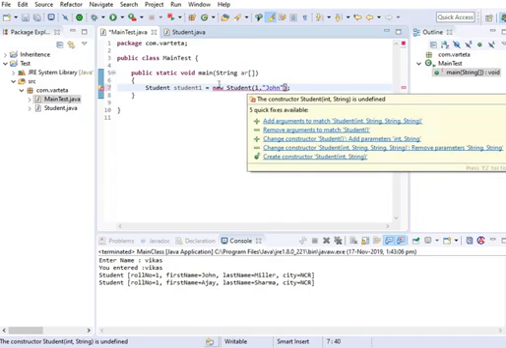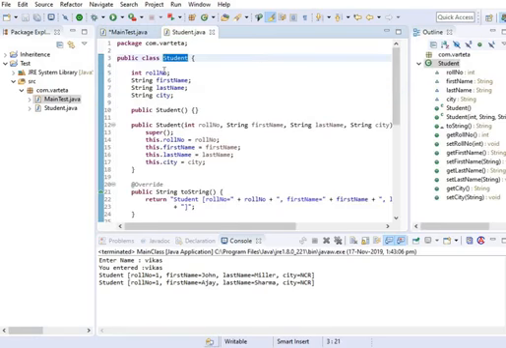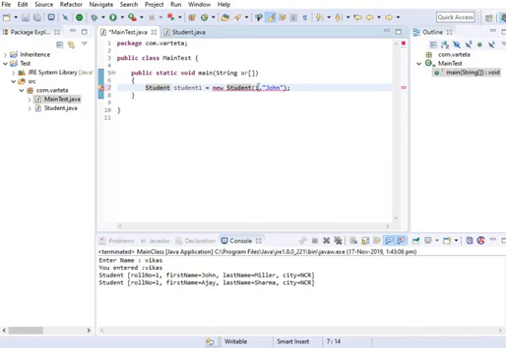First parameter is the roll number, second is first name, third is last name, and fourth is city. So I have created two objects here of the Student class.